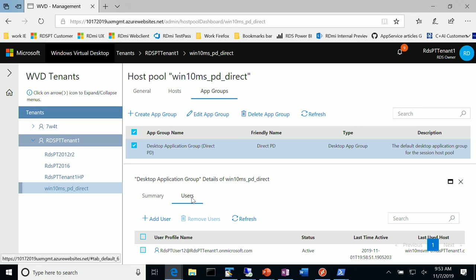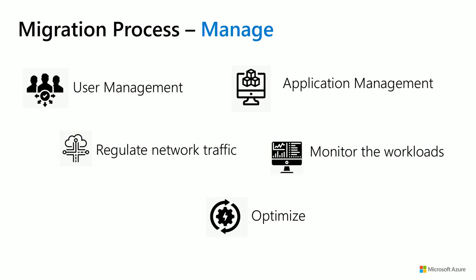The documentation is also available on our documentation site, and the actual UI is available through GitHub today. So now that you're done with your journey, from assessment all the way to management, the management and optimization phase doesn't end with saying, okay, I'm done, I have done optimization one. It keeps feeding into each other, because Azure keeps coming up with new things. WVD comes up with new features every month, so keep an eye out on that. Keep looking at our blogs and our documentation, and you will get more information.